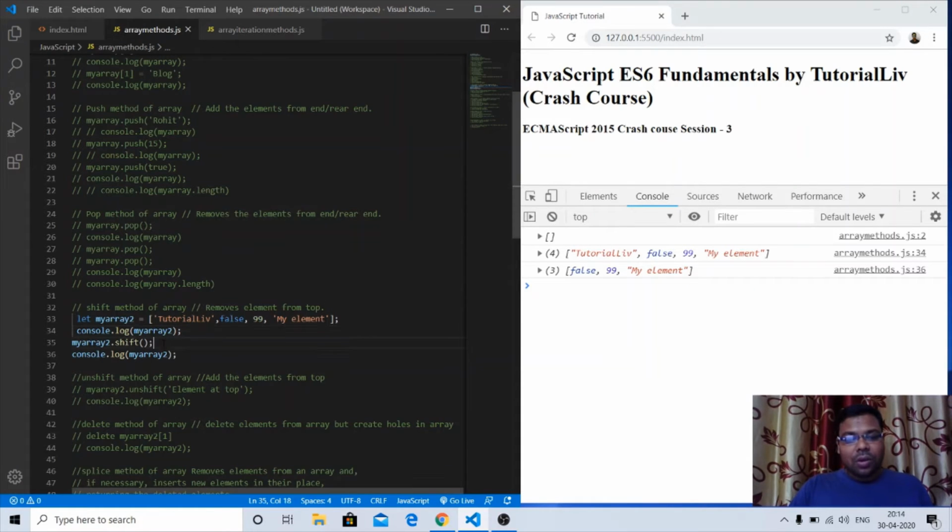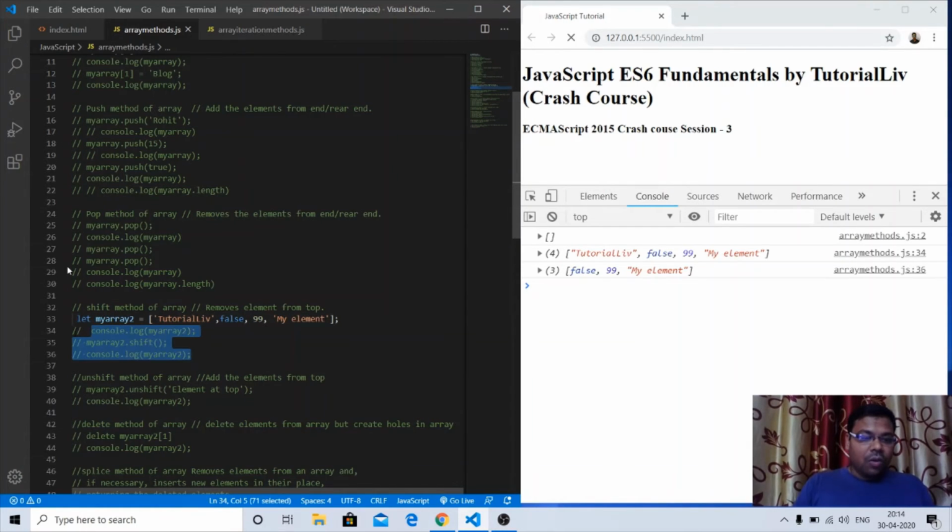As soon as I called the shift method, it removed tutorial live, this string element, from the top end of the array, totally opposite to pop. If we had used the pop method at this time, it would have removed my element, the last element of the array. But as we have called the shift method, it has removed the topmost element, or the first element of the array. So this is shift.